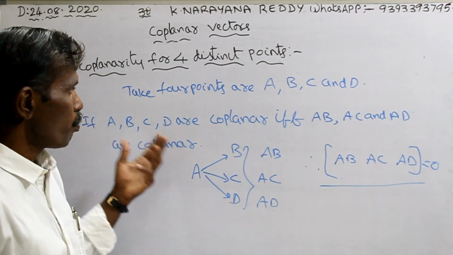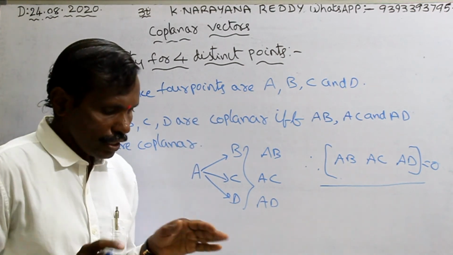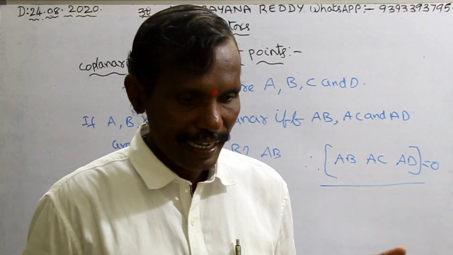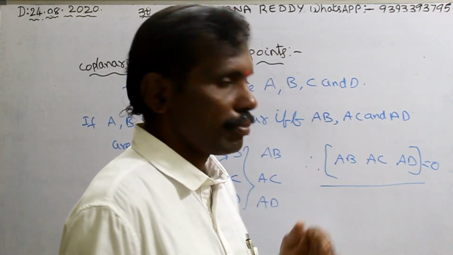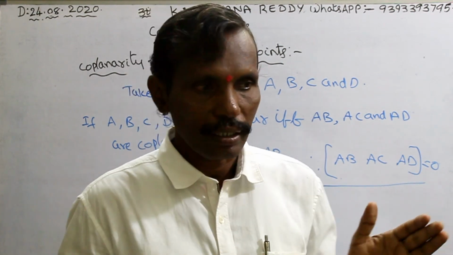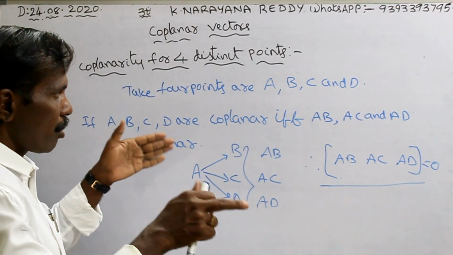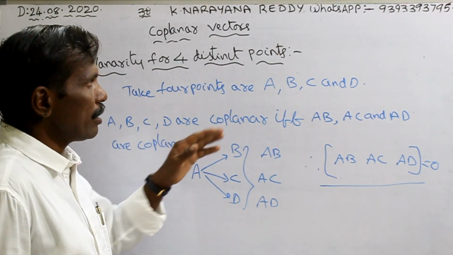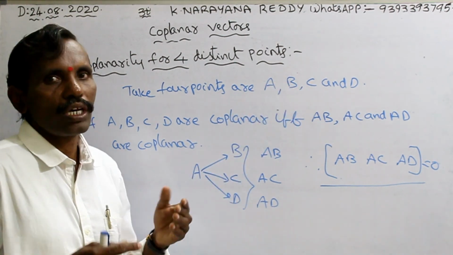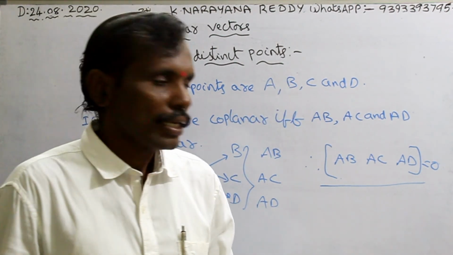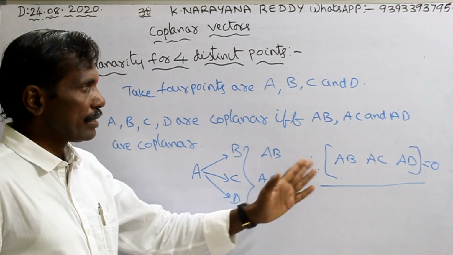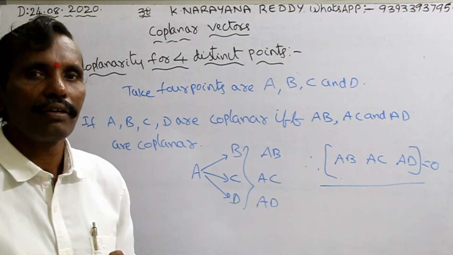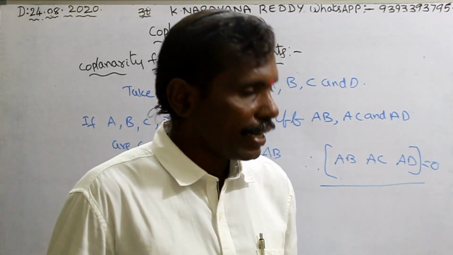So whenever 4 points are there, at that time simply you can write this as the formula for coplanar. Okay, so 2 points, 3 points and 4 points. Always remember one point: in matrices and also in vector form, the formulas are the same, but we follow the formats in different ways. Here we are following AB, AC, AD, which are position vectors. You know that? Yes or not? So first you find AB, AC, AD. After that you find the determinant. Whenever that is 0, those 4 points are coplanar. That's all. Okay? Okay guys?